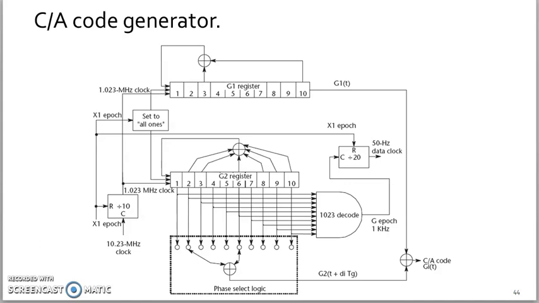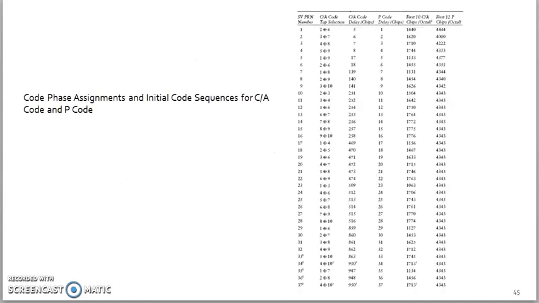We will see the polynomial equations for the structure of G1. For the C/A code, the polynomial that describes the register architecture of G1 is 1 plus x cube plus x raised to 10, and this polynomial gives both the initial state for the C/A code and the P code generator shift registers, which we'll see here in this table. It shows the generation of the C/A code and the P code here.